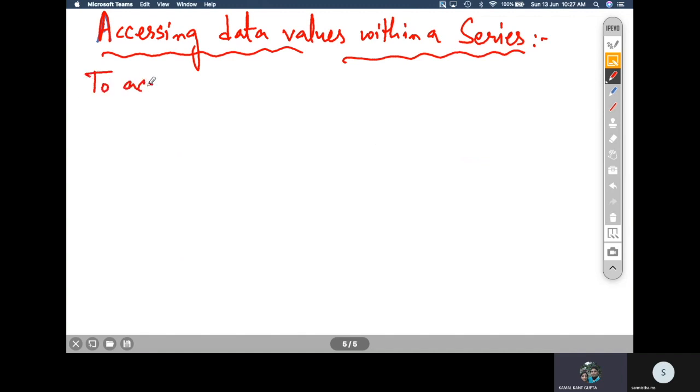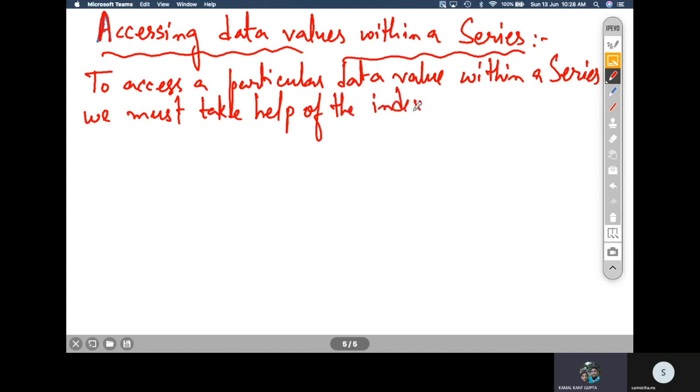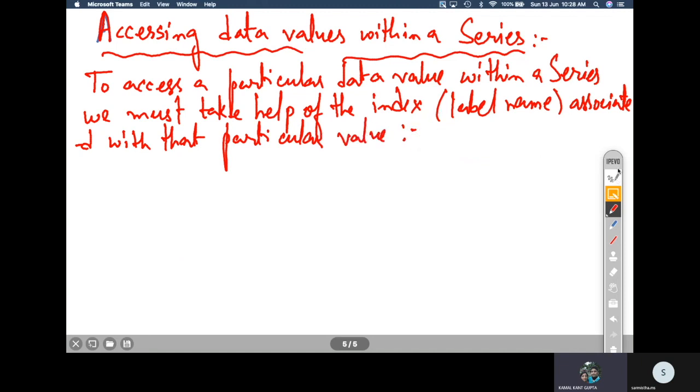To access a particular data value within a series, we must take help of the index name or the label name associated with that particular value. So let us see how to do that.